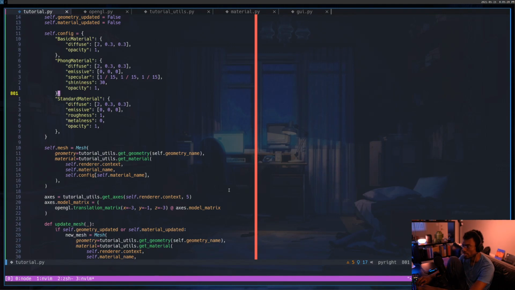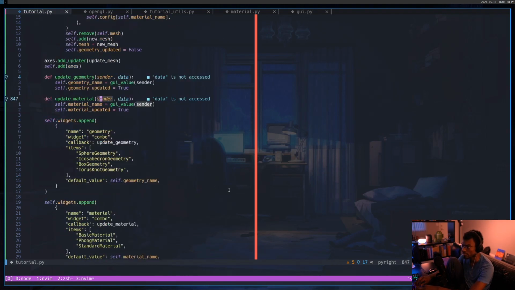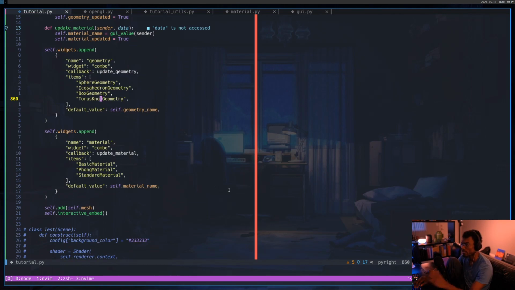Okay, so that worked. Now if I can dynamically update the GUI with the properties of the materials, that'd be really helpful, but that'd be a lot of code to add here. So